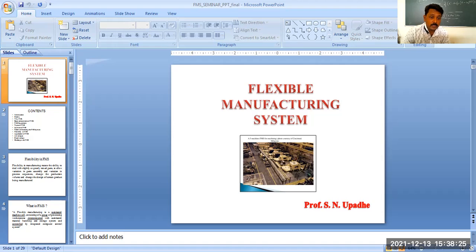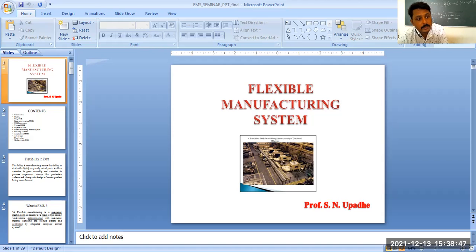And this is a very sophisticated manufacturing system. You have to take care of it very carefully because these are very sophisticated, like the CNC machine. They require a certain temperature. Okay, so these kinds of things are there. So these are some of the disadvantages of FMS.